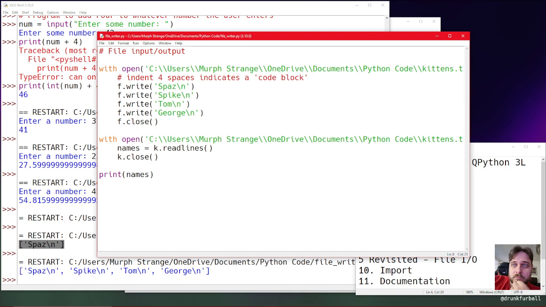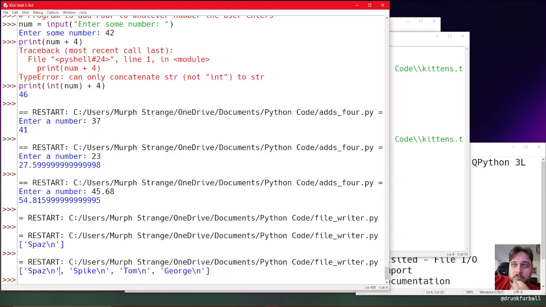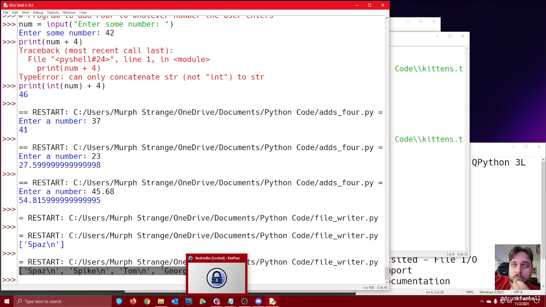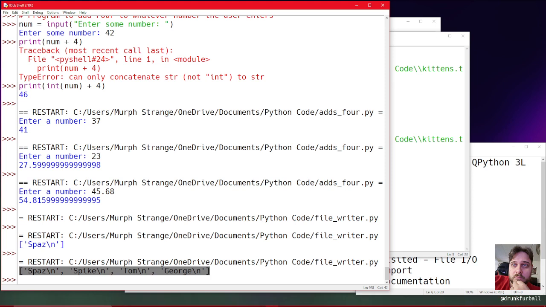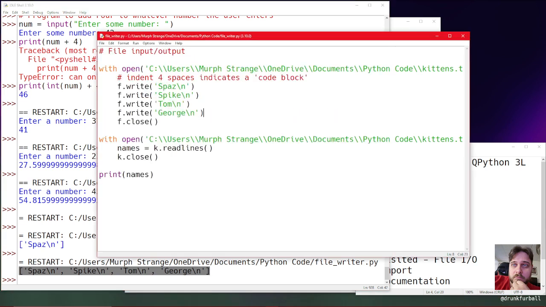But what are these brackets indicating to us? This is a list. If you've programmed in other languages, you might be familiar with arrays. I guess arrays is pretty much the best one. Now, what we could do with that,